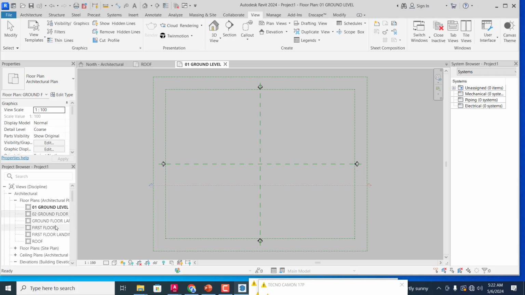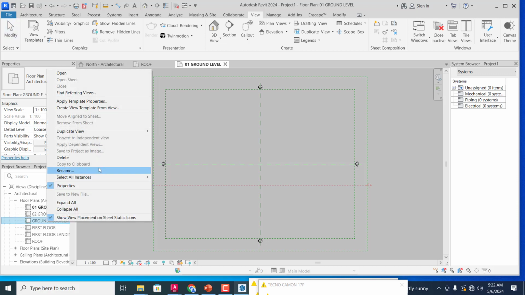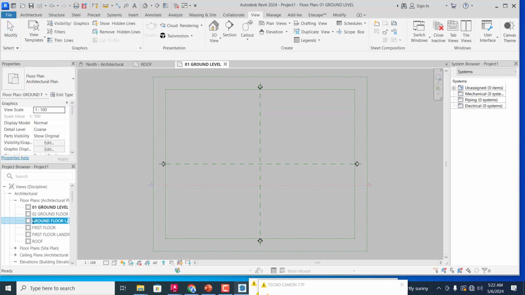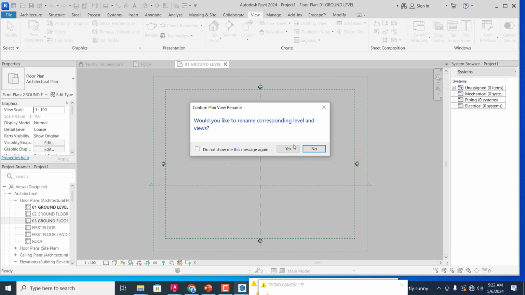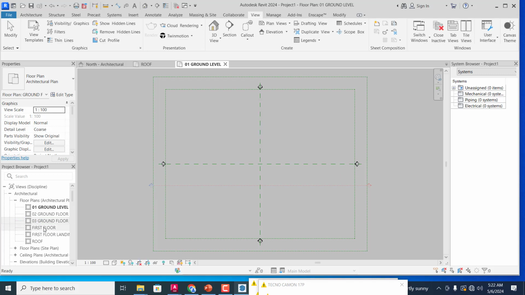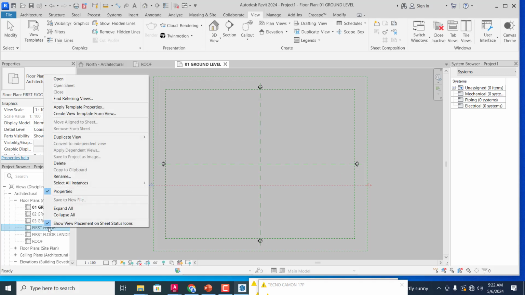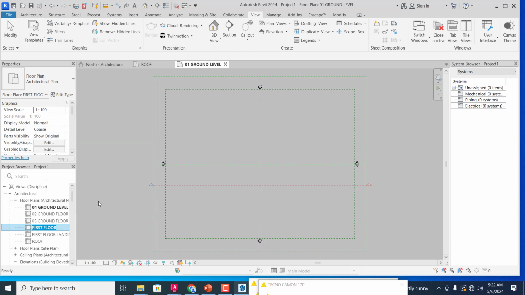This is ground floor, this is ground floor landing, it's going to be 03, first floor is going to be 04,